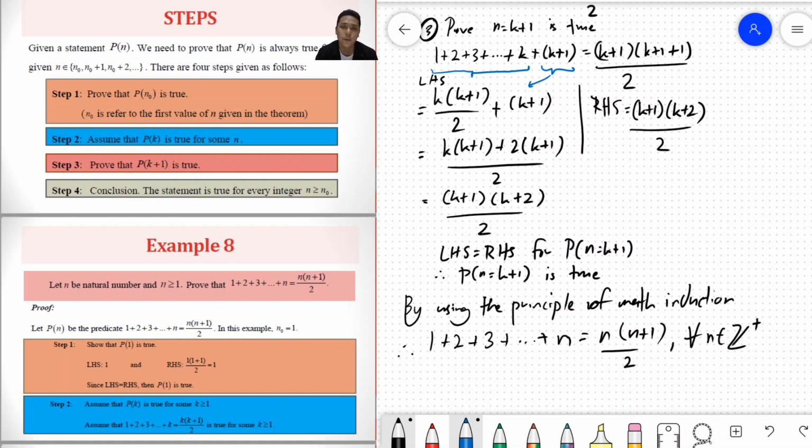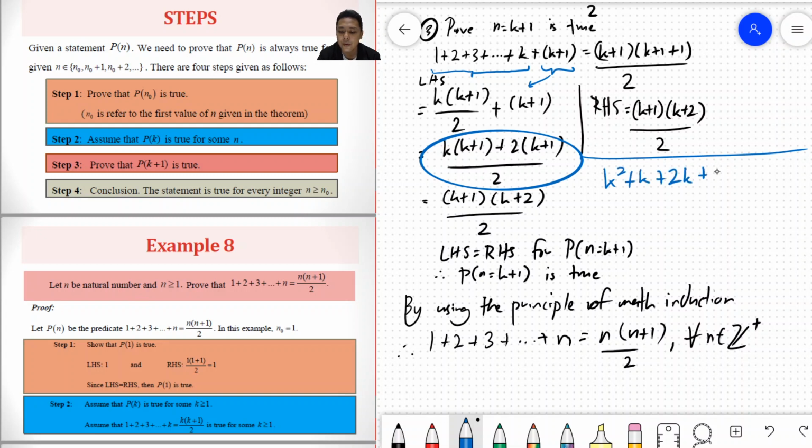Before I proceed with what we can use after we know this fact, I want to highlight this section. The left hand side at the end equals to k plus 1. Some of you cannot get this directly in terms of factorization. Sometimes the student might try to expand it. For example, you put k squared plus k plus 2k plus 2 over 2. Still not the same, but if you factorize the numerator,